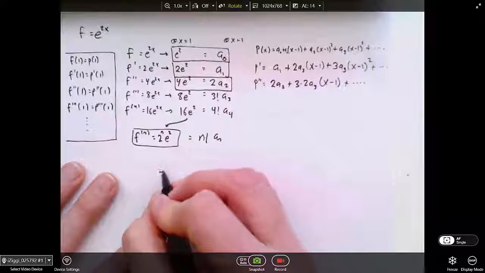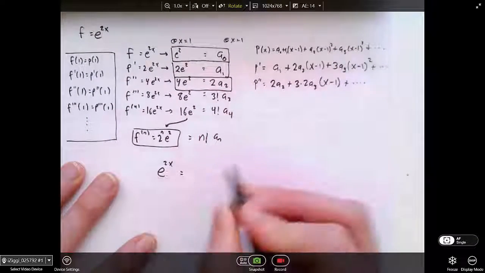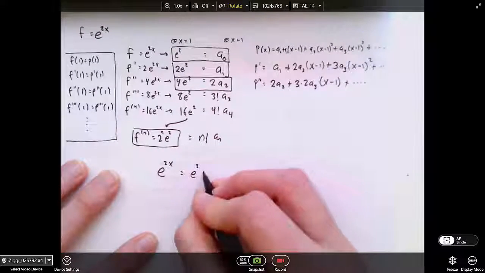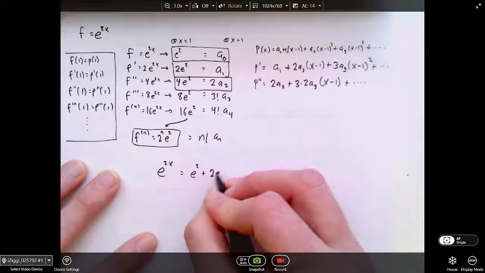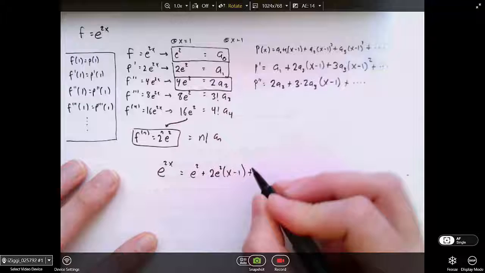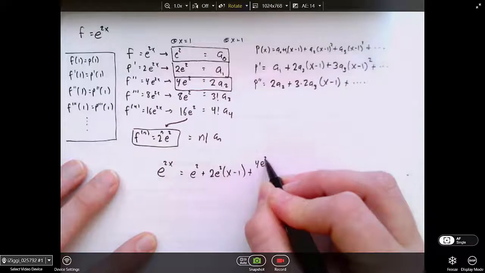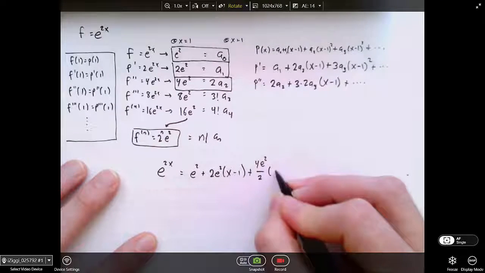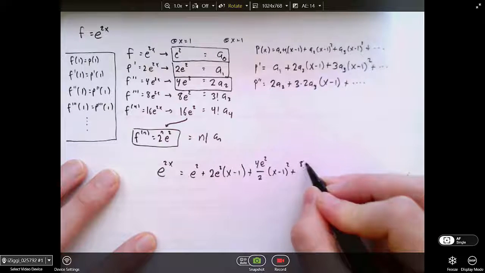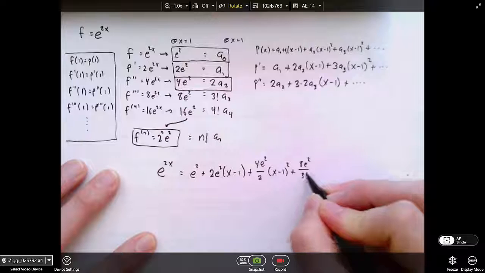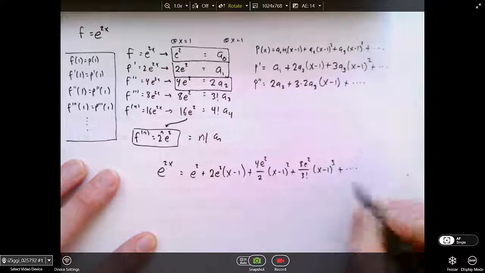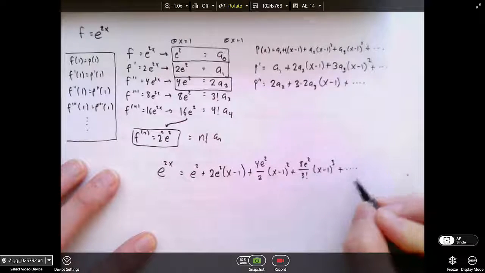So if I wanted to write my new series, it looks like it's going to be e squared plus 2e squared times x minus 1 plus 4e squared over 2 times x minus 1 squared plus 8e squared over 3 factorial times x minus 1 cubed, and so on. And the nth term